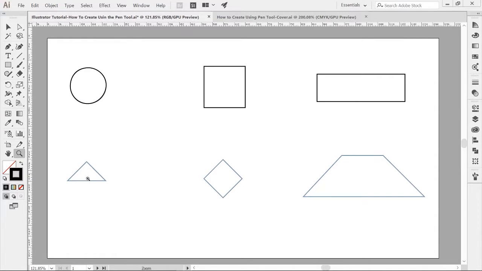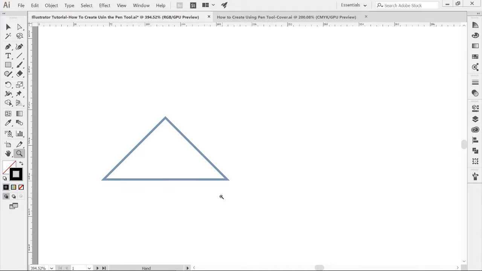Now that we have the simple shapes out of the way, the circle, square, and rectangle, we are going to try a triangle, and we are going to utilize the click and drag from the circle before, and we are going to incorporate something new. So we're going to start by clicking and dragging. I started at the bottom right corner. Click and drag on a diagonal, just follow the line, and then on your next click and drag, you're going to click and drag in the same direction, upward diagonally,